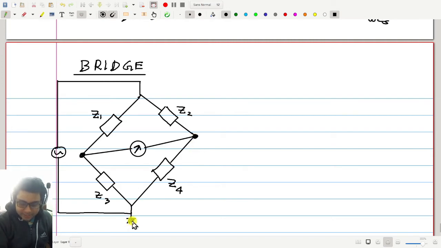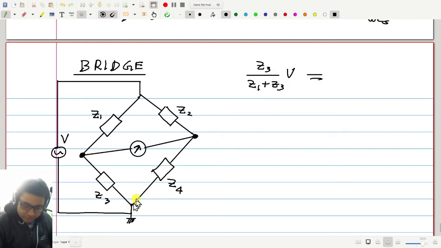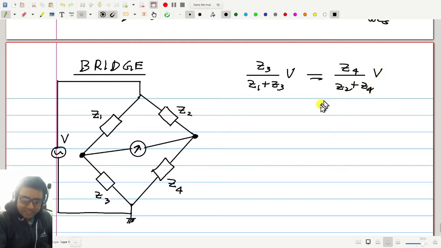If I take this as my reference point, then this terminal potential is Z3 by Z1 plus Z3 multiplied by this V. This is the potential from here to here, and this should be equal to the potential drop from here to here, which is Z4 divided by Z2 plus Z4 times V. This is just the potential divider rule. V goes away. Now you can do some manipulation and you will get Z1 by Z3 equal to